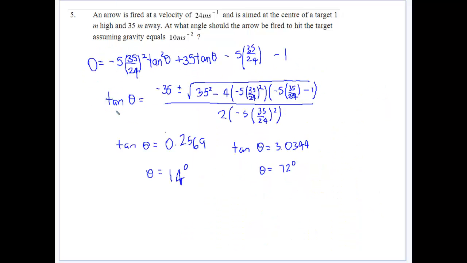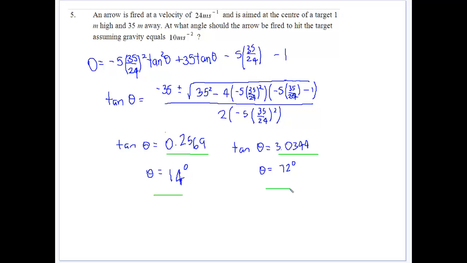So we solve our quadratic for tan theta. So what do we get? We get minus 35 plus or minus the square root of b squared minus 4ac, so we sub all our values in. And when we do that, we end up with two values, tan theta being equal to 0.2569 and tan theta being 3.03344. We take the inverse tan, we get 14 and 72,